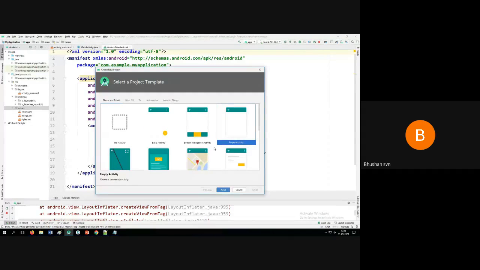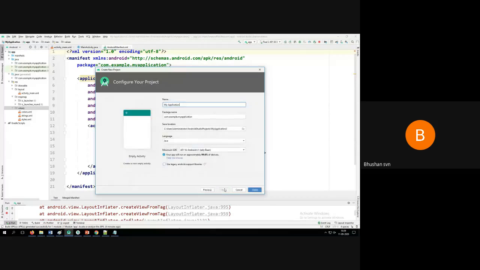Since I wanted to build from scratch, I used Empty Activity, and you can click on Next. It will show you the name, com.example.myapplication, and I'm saving it in the location Users, Administrator, AndroidStudioProjects, under MyApplication. Then if I want to use Kotlin, I can use Kotlin.